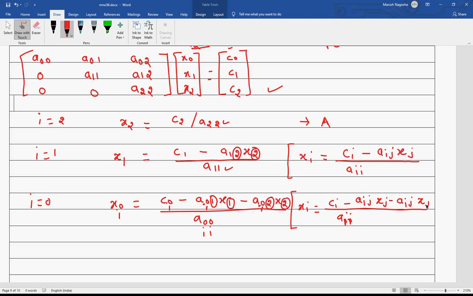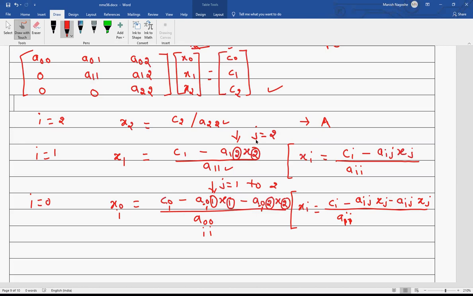This is j, and this is j. But what's going to be the value of j? Here in this case I found j to be equal to 2, and here j found to be 1. So it is from 1 to the last row, and here from 2 to the last row. So 2 is itself the last row.